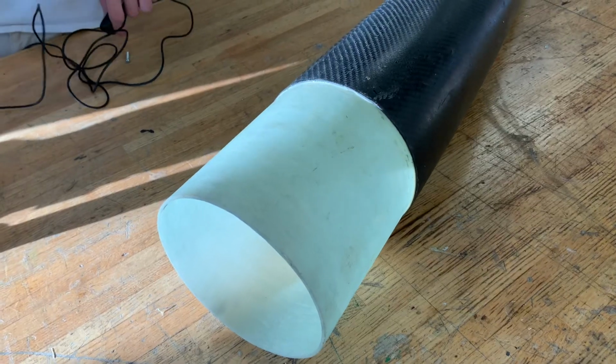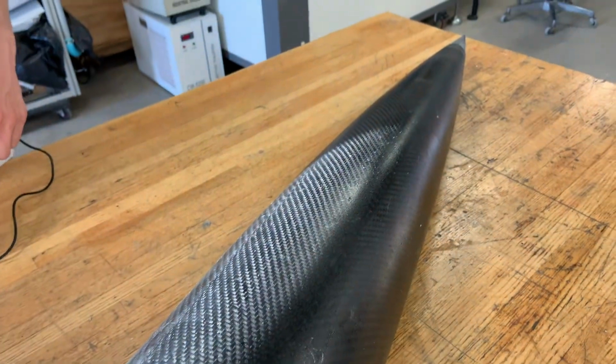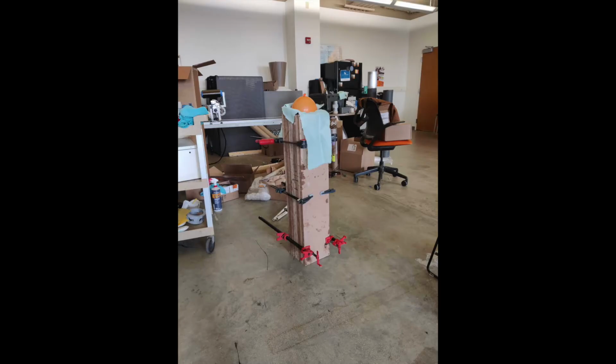The nose cone is 34.5 inches long, and carbon fiber was selected for high performance and to explore new composite manufacturing processes. The nose cone was first manufactured by making the molds. The molds were constructed by CNCing the negative geometry out of tooling board. The molds were then sealed and finished for the layup process. After the layup process, the two molds come together and a bladder is used to expand the inside. After the mold making process, the nose cone can then be removed from the mold and integrated with the rest